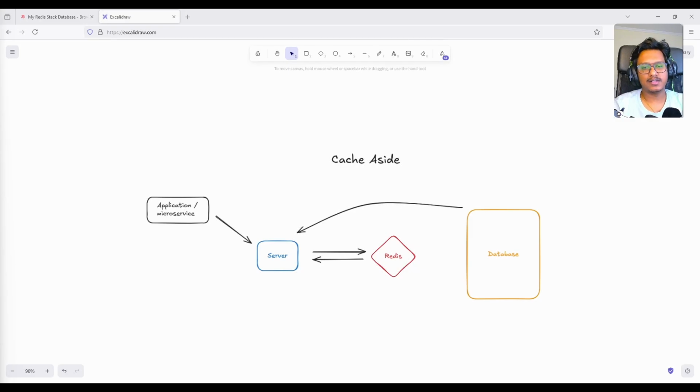Hey everyone, welcome back. In this video, we'll be covering how to use Redis as a cache system in our existing Node.js backend system. I have a real-time example from one of my freelance projects, and